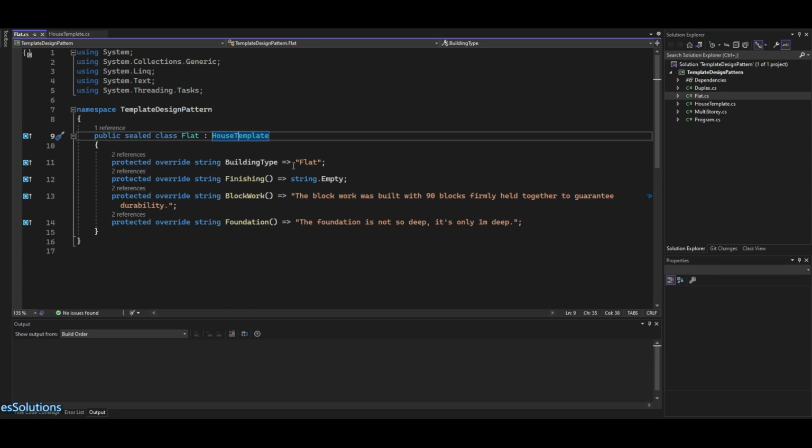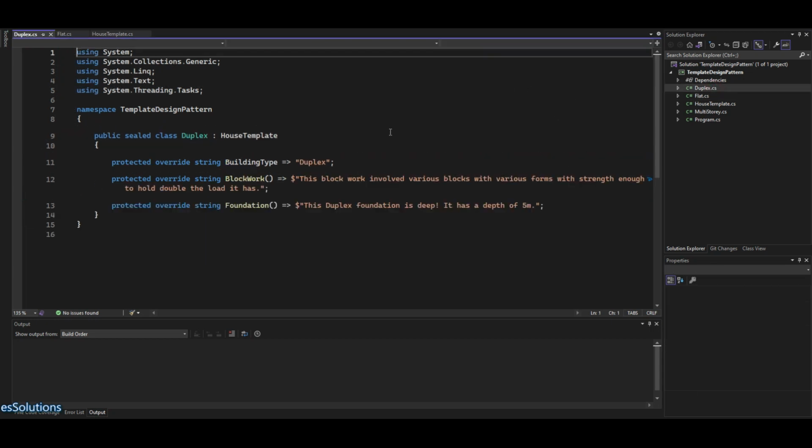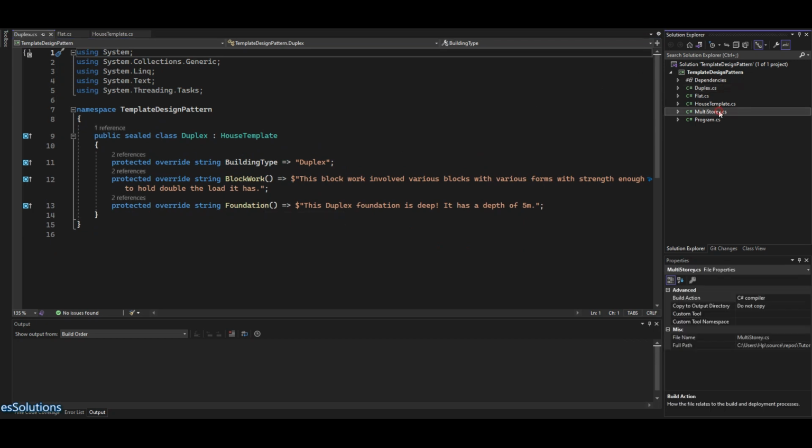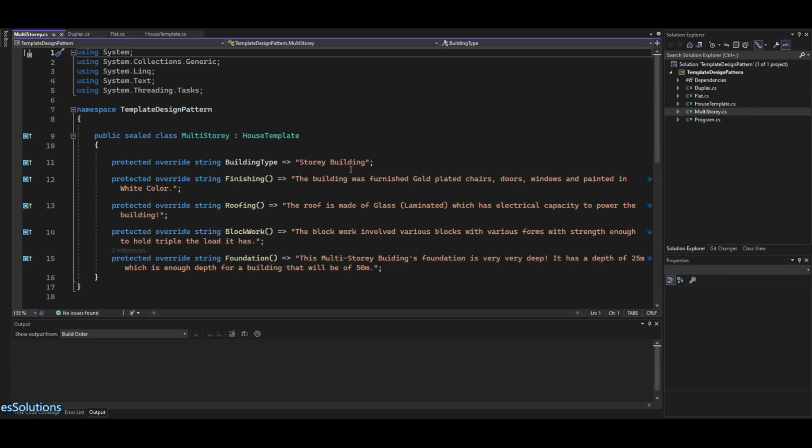So a building cannot come tomorrow and, so far as it is implementing the house template, not follow that sequence. When we look at the duplex, also the duplex has the block work and the foundation. And when we look at this multi-story building, the same thing. It has its own unique implementation. So each of them has its own unique implementation, but all of them still follow the same sequence of having a foundation, upon which they have the block work, upon which we have the roofing, and then we can have